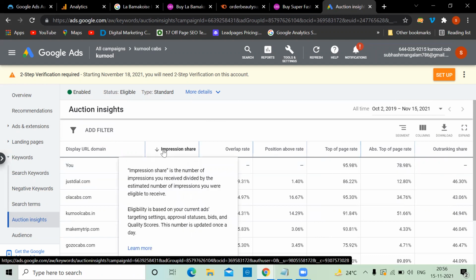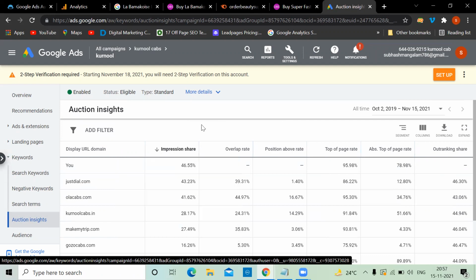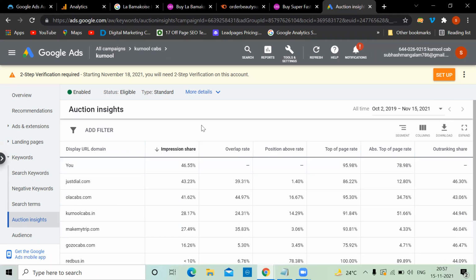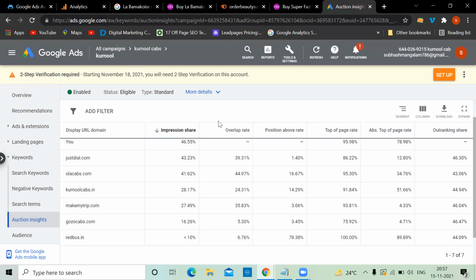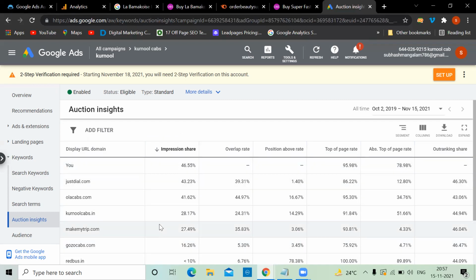Impression share is the number of impressions you received divided by the estimated number of impressions you are eligible to receive. Like everybody is eligible to receive 100, but you received only 46.5% based on the budget and all these things. Just Dial is 43, Ola Cabs 41. So we are somewhat better here.